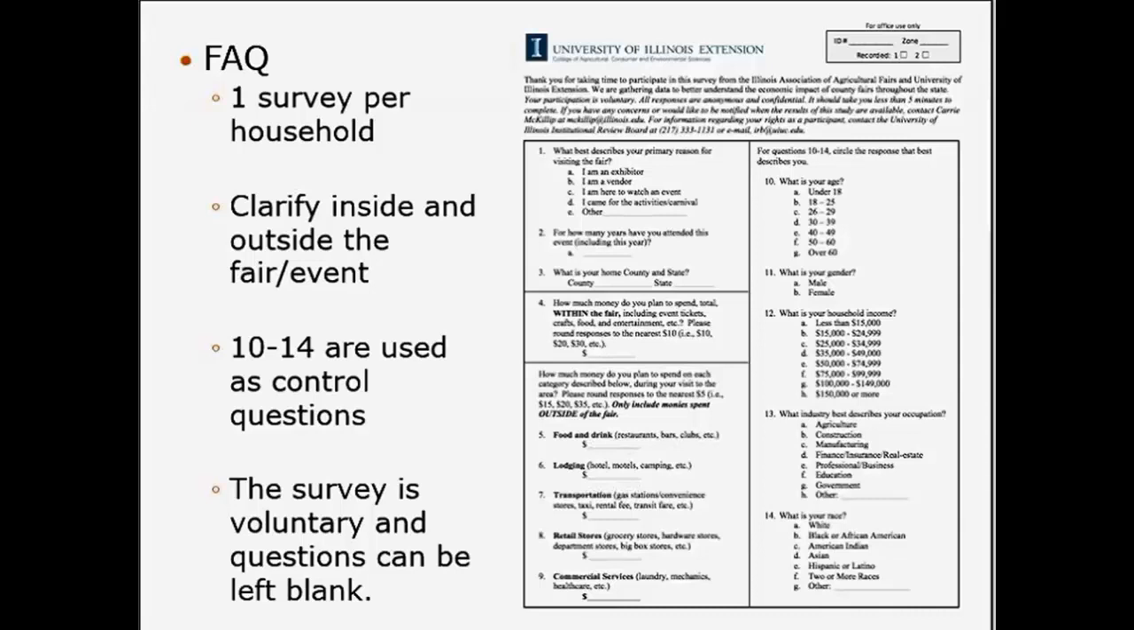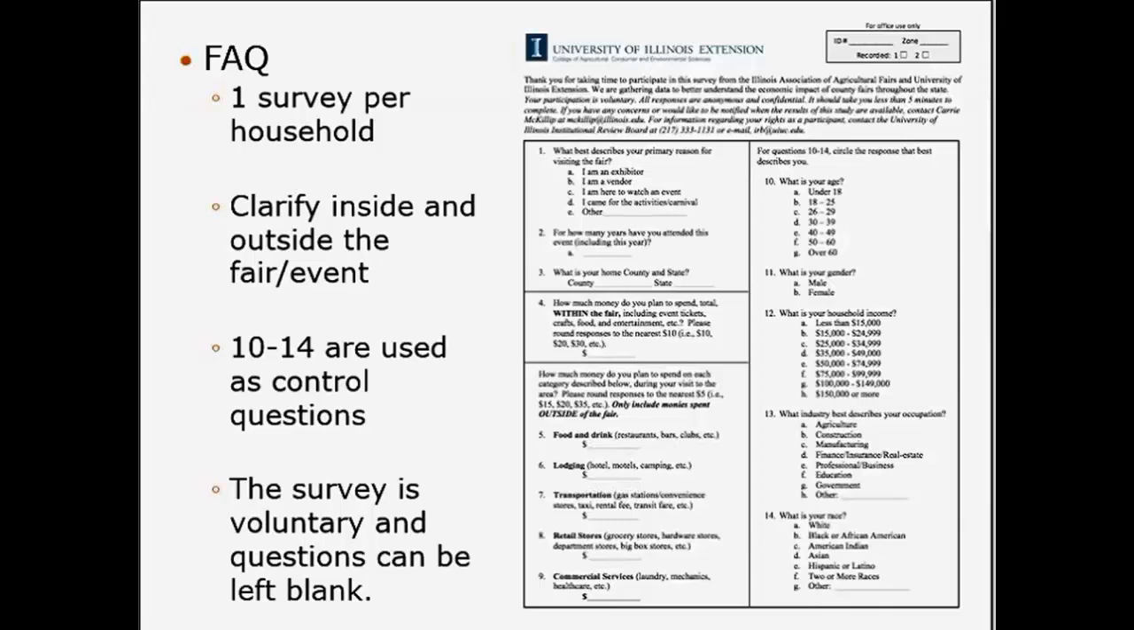The next two sections are the most important, and the ones that we foresee might be the most complicated and have a lot of questions. Question number 4, which is that center section, if you can't read it, it talks about how much money people spend within the fair. And so what that means is physically on the fairgrounds are anything that's there, including food,